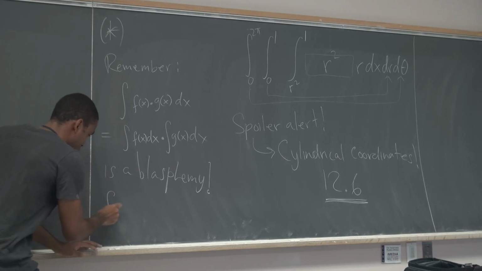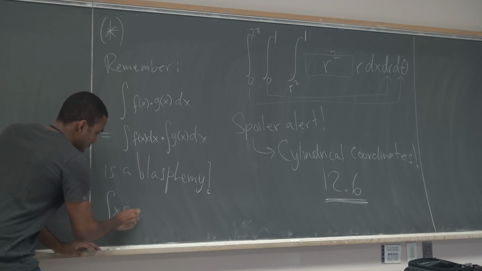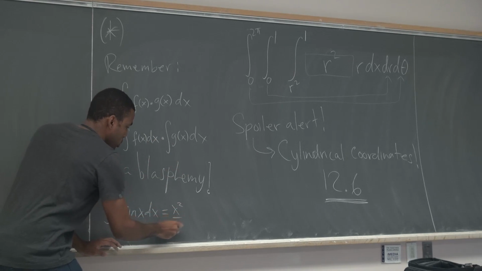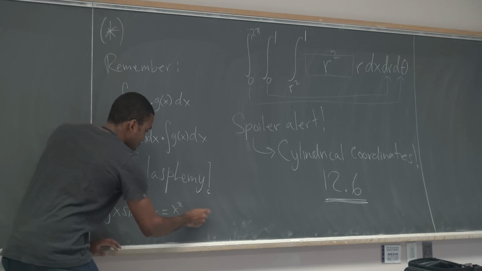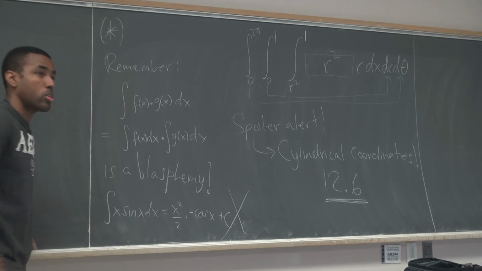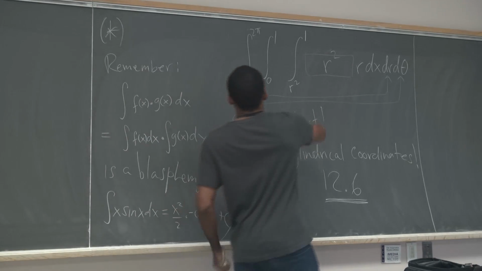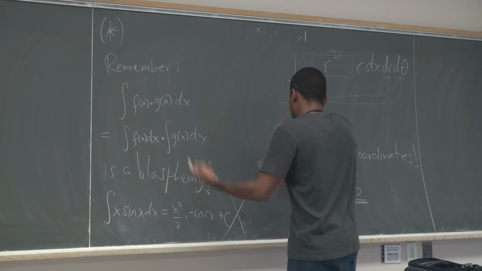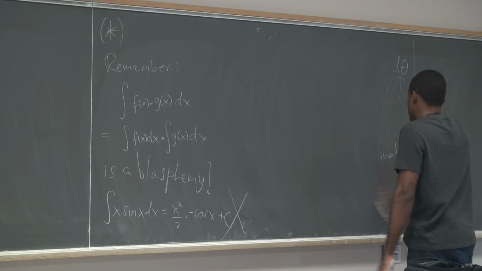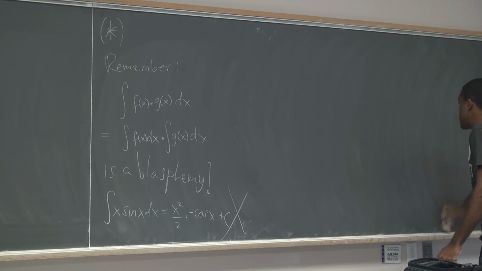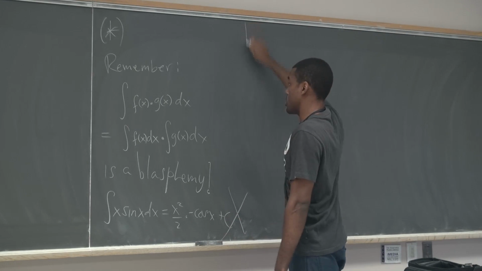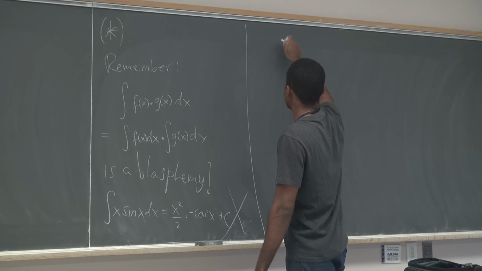They see things like the integral of x times sine x dx, and they think that's equal to x squared over 2 times minus cosine x plus c. That is wrong. That's a blasphemy. In triple integrals, though, there's something that might seem to you like a blasphemy, but it's actually not, which is what I applied over there. I just want to mention it to you now so that it'll make your life easier later on. However,